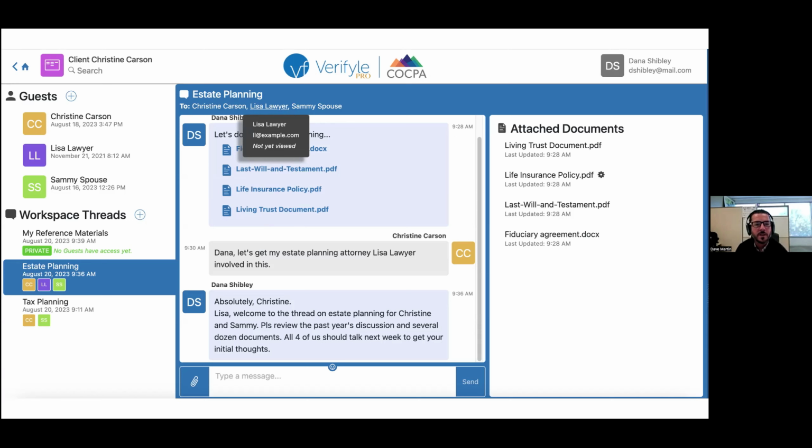Okay, so 2 things to remember here. One is the gear icon. That little gear icon pops up whenever you're hovering your mouse over an object. Click it to see what your options are. And the other thing to remember is that there are always ways to see whether or not someone has viewed what you shared. Either that's looking at the access history of the document or just by clicking their name at the top of any thread. Okay.